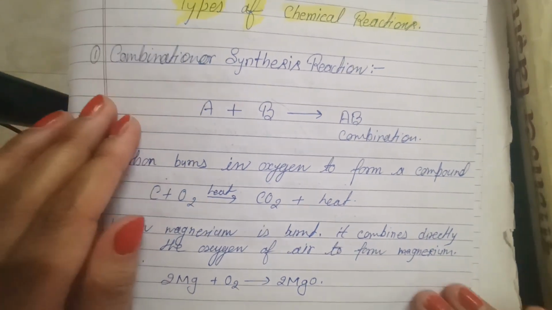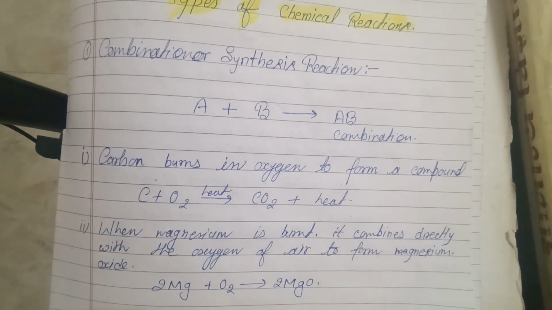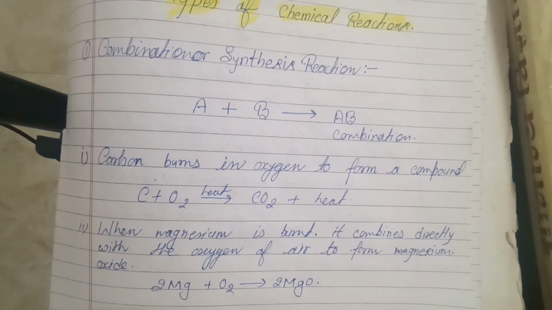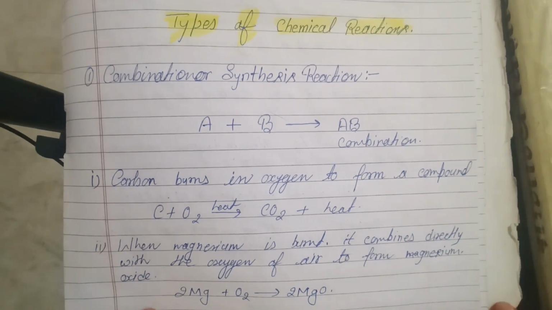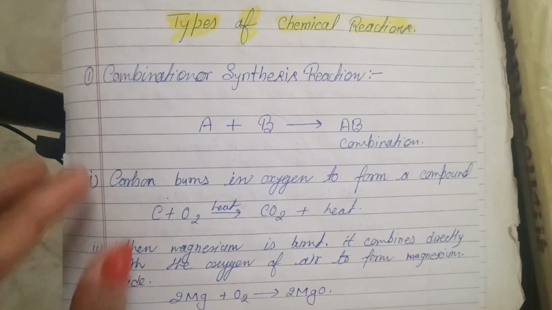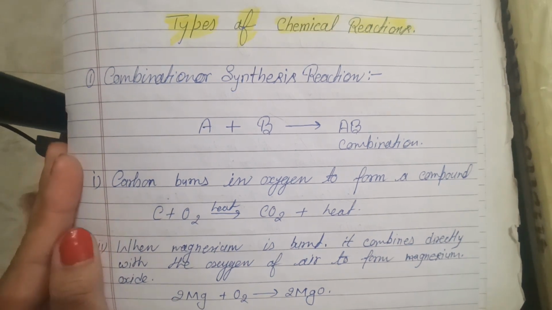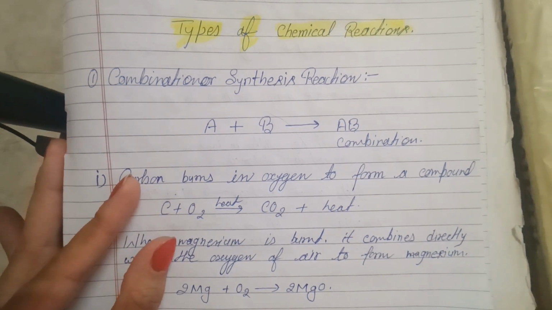तो अभी आपको हमने लास्ट टॉपिक में कंडीशंस ऑफ द केमिकल रिएक्शन पढ़ा था कि क्या क्या कंडीशंस उसमें अप्लाई होती हैं जिसके थ्रू केमिकल रिएक्शन टेक प्लेस होगा। नाउ टाइप्स ऑफ केमिकल रिएक्शन हम इस वाले टॉपिक में पढ़ने जा रहे हैं। यहाँ पर जो पहला टाइप है वो है कॉम्बिनेशन और सिंथेसिस रिएक्शन। कॉम्बिनेशन, एज पर द नेम आप देख रहे हैं, कॉम्बिनेशन मतलब किन्हीं दो चीज़ों का जुड़ना।